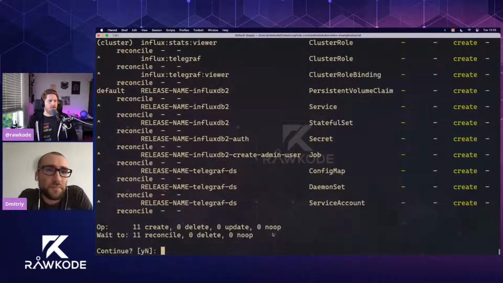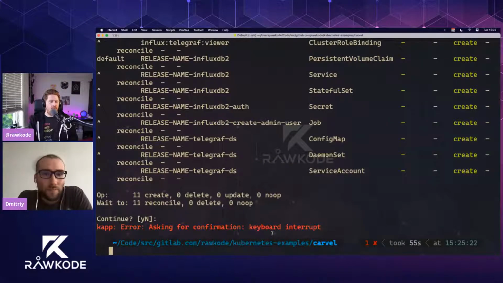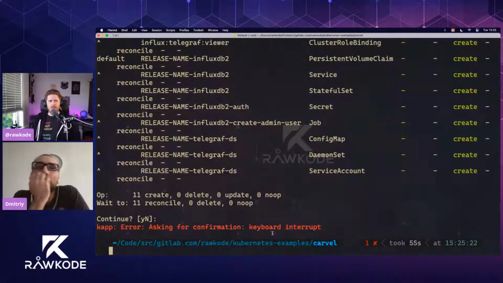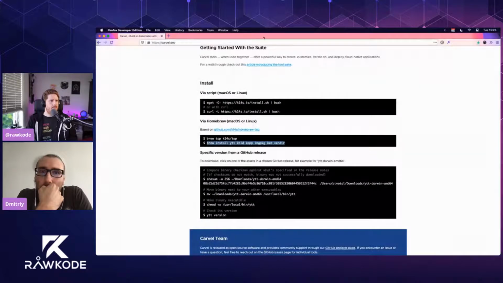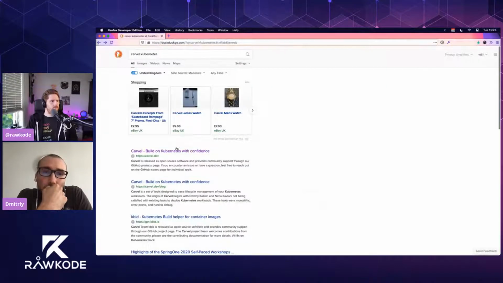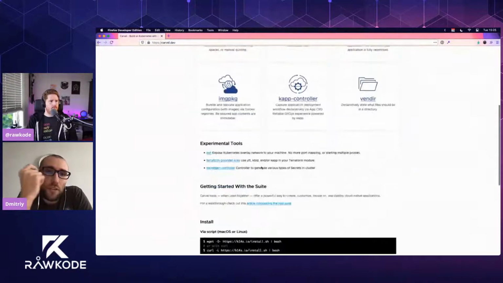All right, cool. Now, one more thing on kapp then. When we were on the website, there was a controller for kapp. Do you want to give us a little bit of insight into that? Is that something that runs in the cluster in a GitOps fashion, or something else? Yep. So the idea there is